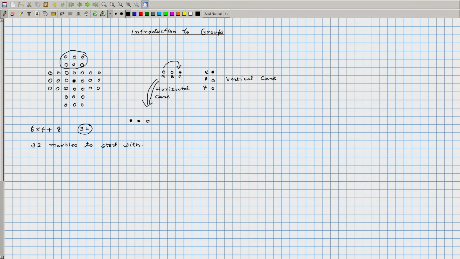And then the question is, can you reach a configuration with exactly 1 marble? You can try this out, and maybe it is slightly difficult, but you can figure out that you can reach a configuration where there is only 1 marble remaining. Let me just describe some configurations from which there are no moves.